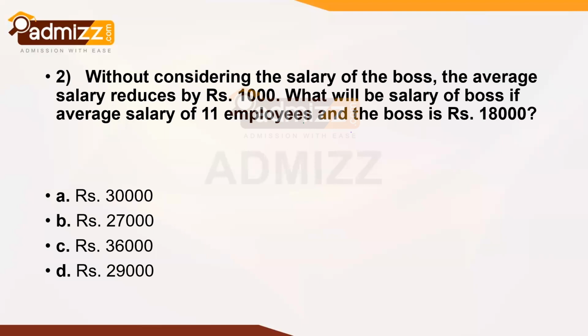All right, so take a look at this problem. Without the boss, there are 11 employees, and the average salary of employees with the boss is 18,000. Now, when we don't consider the salary of the boss, the average salary reduces by 1,000. So for 11 employees, the average is equal to 17,000. So with this, what we know is that the total salary